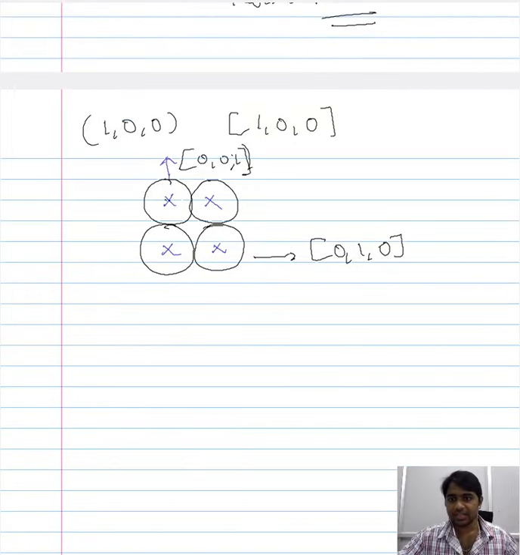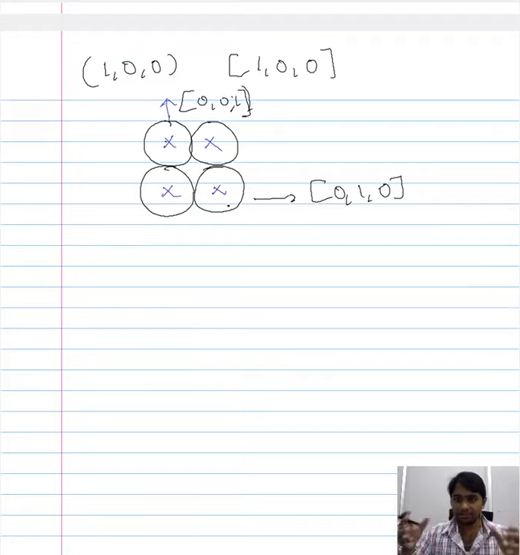Now such an arrangement can be described as AA arrangement, meaning when you have a particular arrangement of the atoms in a particular plane, and the next layer of the atoms overlaps the same position, the center remains the same, then what you end up having is the same arrangement of the atoms in both the planes. And since you have identical arrangements of the atoms in both the planes, we use the same letters to represent the arrangement, and that's the reason why you have AA arrangement.